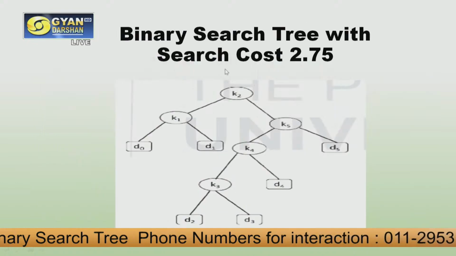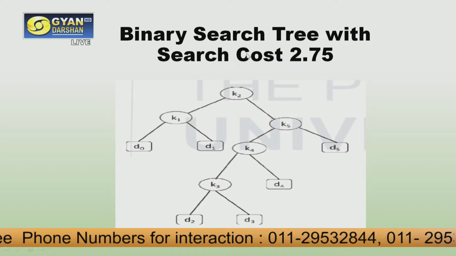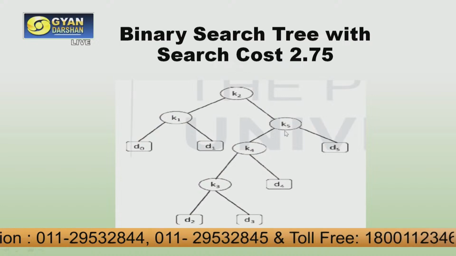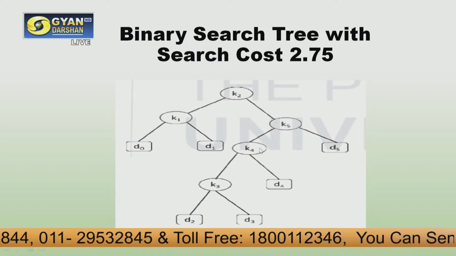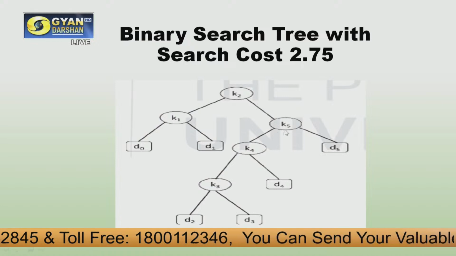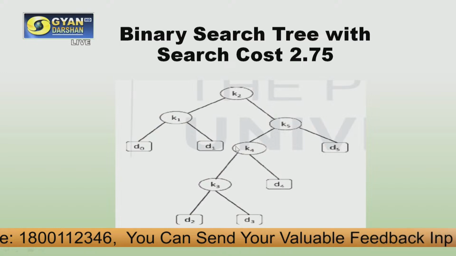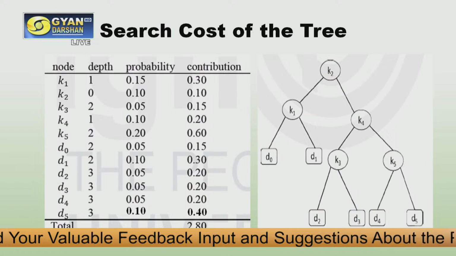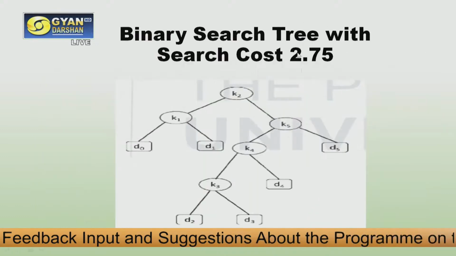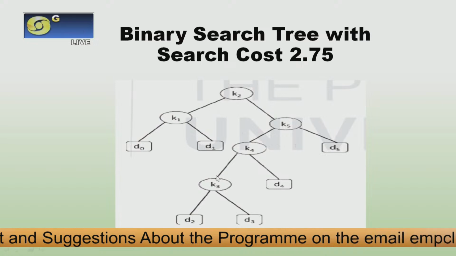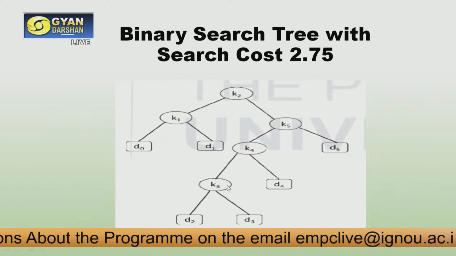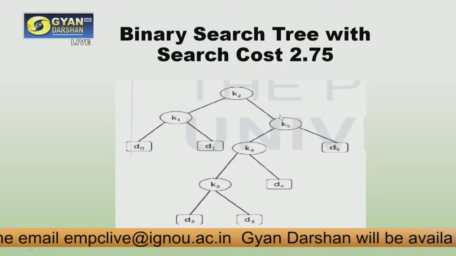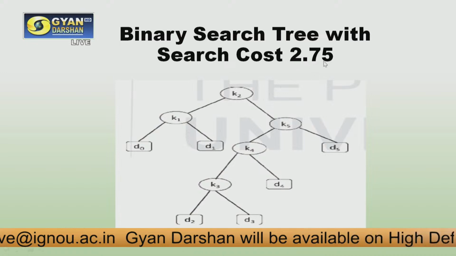Now, can we have a different tree? In fact, this is another possible tree where you can see that the number of levels in this particular tree is slightly more than the previous tree. Over here, the depth of the previous tree was just 3. In this particular case, it is 1, 2, 3, 4 and 5, right? So in this particular node, we have the depth 5, yet this particular tree is showing a search cost of